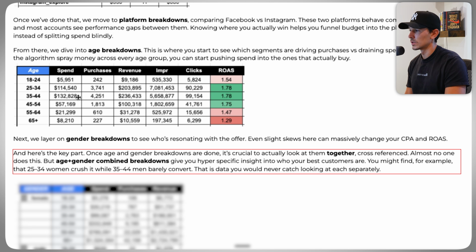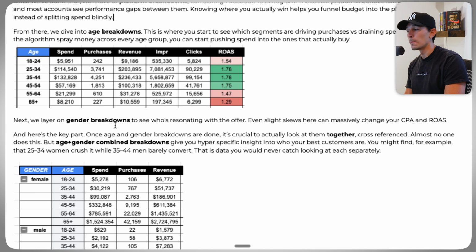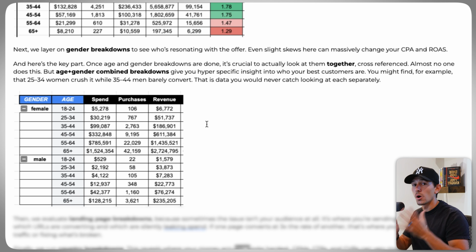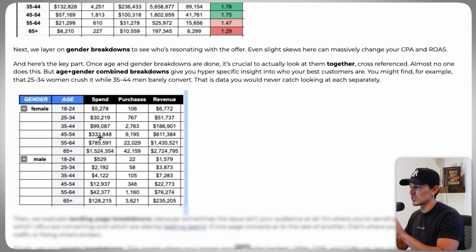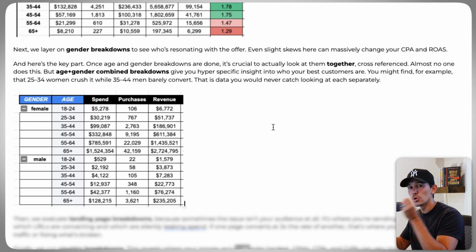And the importance of grouping these together, I'm looking at a very long look back for this, is now we can see age plus gender to actually put some cohorts together, like 25 to 35-year-old women do really well, or they don't do really well. You could actually understand different breakdowns in terms of who you're actually targeting and who you're talking to.